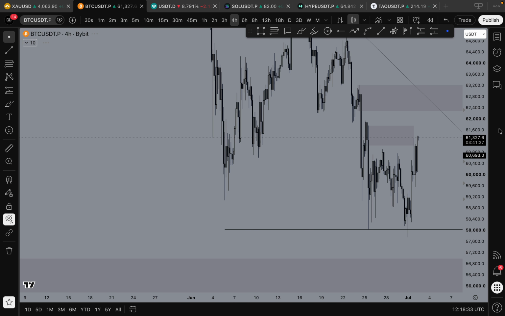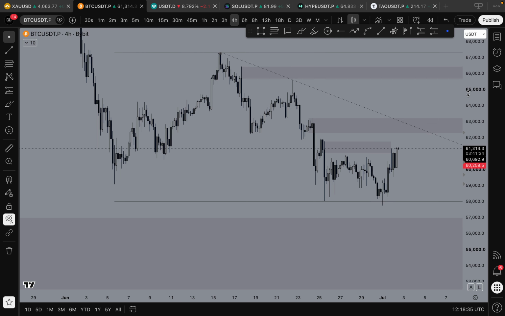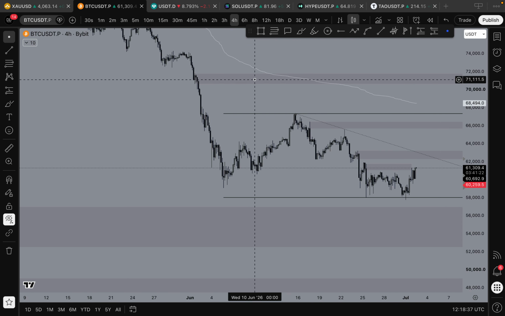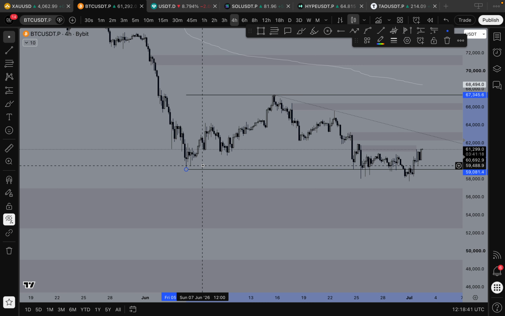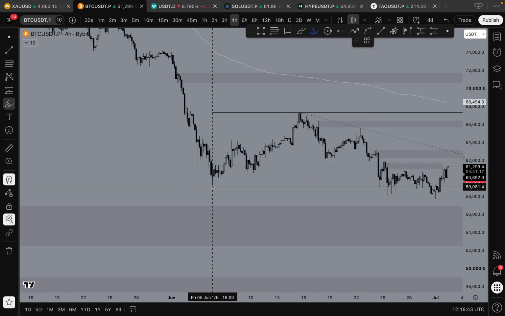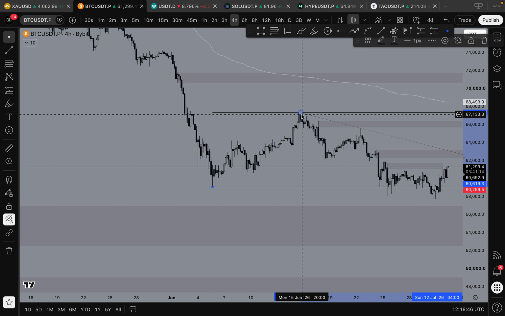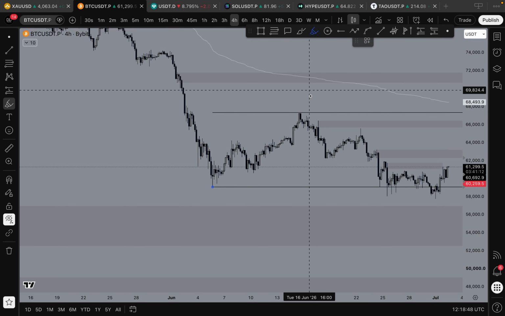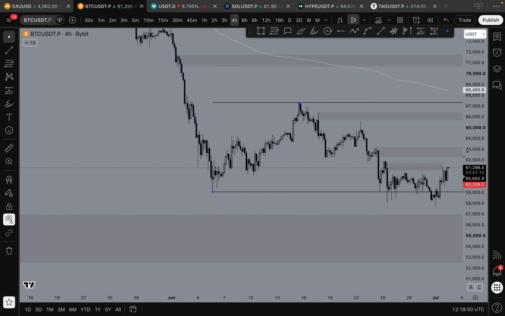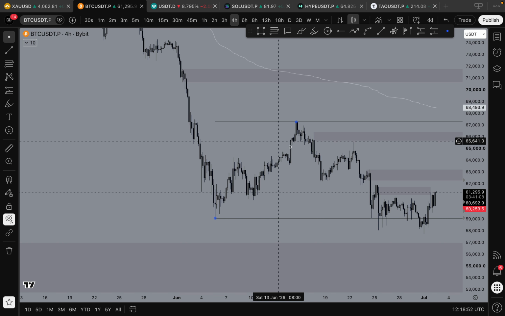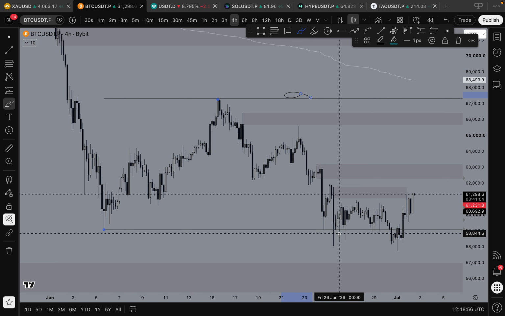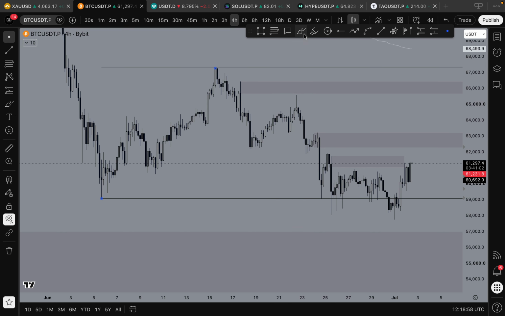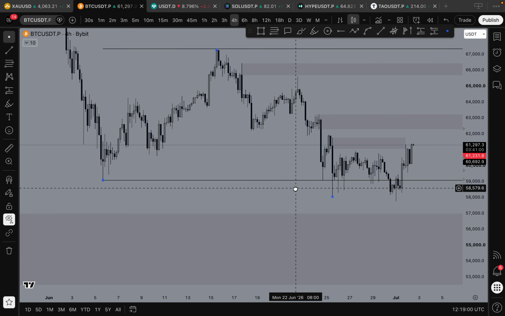First of all, I was on vacation, so during the time I was not watching the charts, but overall we can see that price was trending down. So you could say that this is your range, where you have your range starting point right here, tab 1 at the lows and tab 1 at the highs. And then that is basically your range low, range high, and then it's just a matter of patience to wait till either your high or your low gets taken out, which eventually happened with this move,